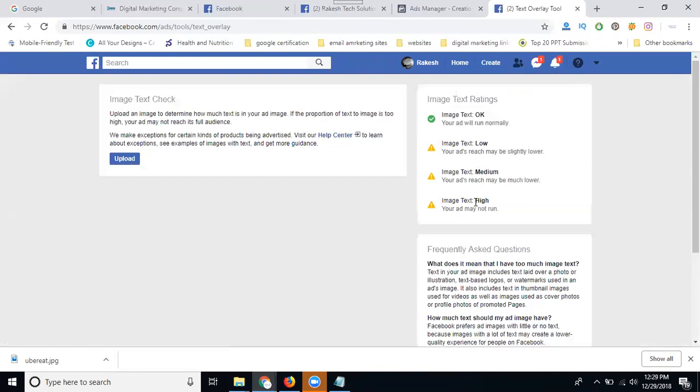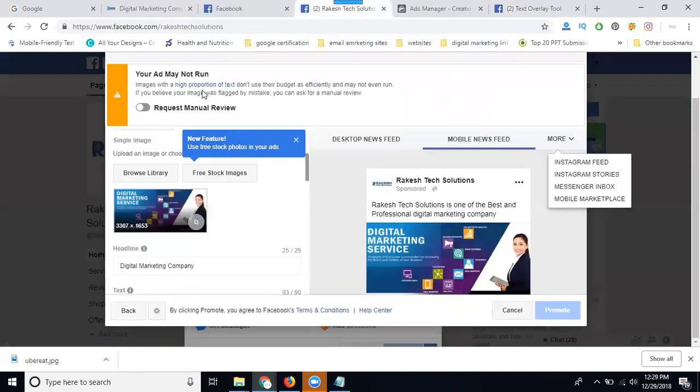High, the ads will not be run. What is shown here? Your ad may not be run. Request for manual review. We can't. Why? The image text is high volume. High volume means not image size but image text. Whatever text you use in the image, the text should be less than 20%.